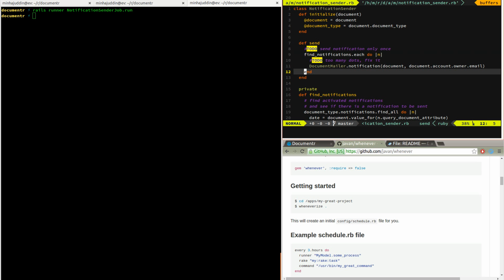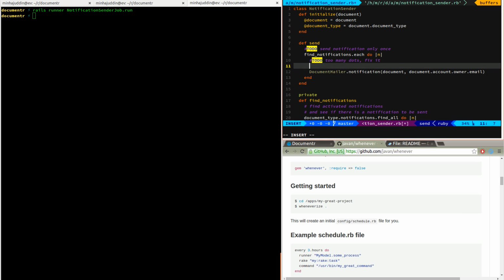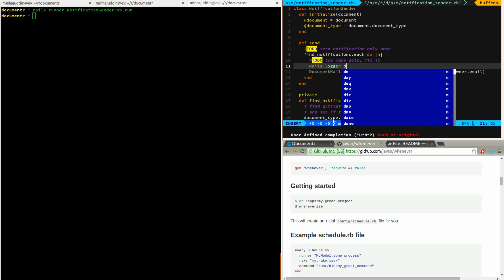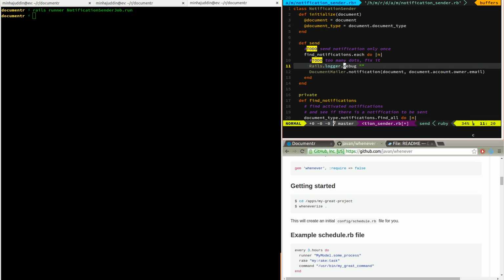Now it looks like it didn't send any notifications, but let's put a log here. So I'm gonna say Rails logger dot debug, info